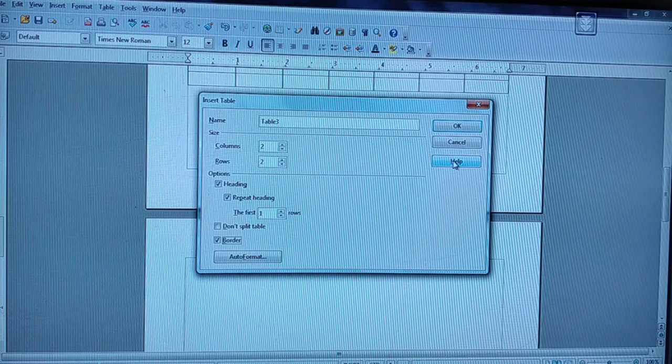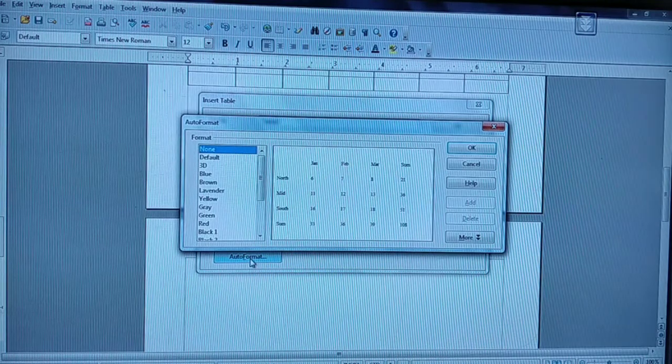So here you people are having another one, it is your auto format. Just click this one. You people are having the format. See here it is none. It is not going to have any format. Whatever the user sets will be displayed.